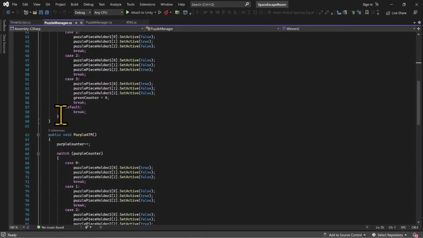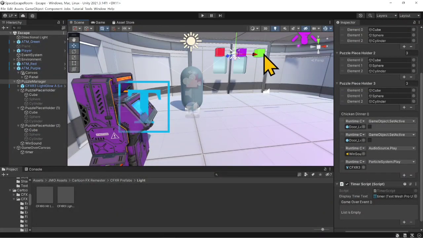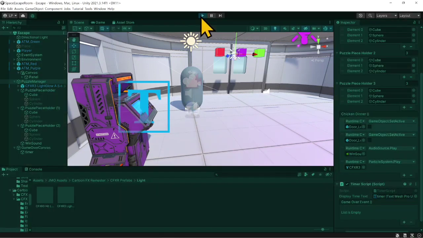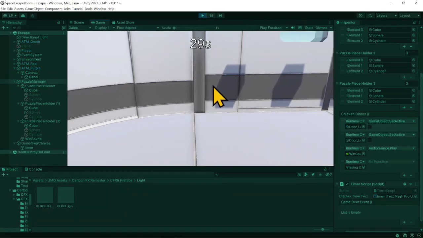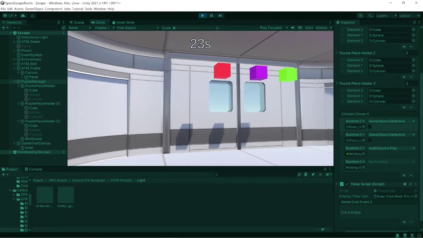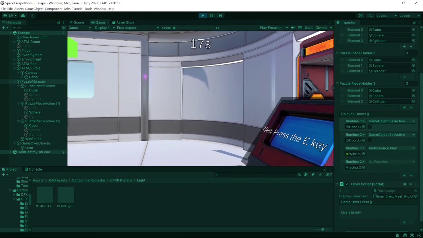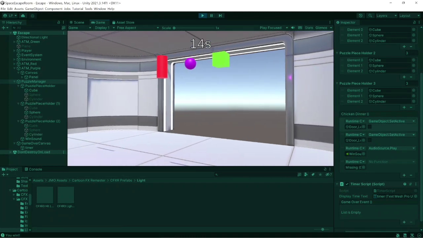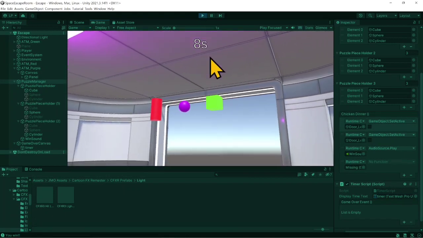So let me go back and try to remember the sequence I have for this. So 0, 1, 2. So this should stay the same. This should be in the 1 position, and this should be in the 2 position. So let me hit play. Get my screen to pop up, press the E key. That's in one position. Go. And I heard the sound in my headphones, so it's there, but I still have this timer here,